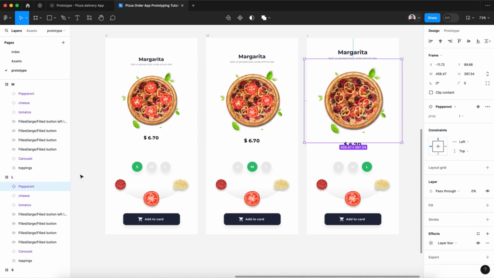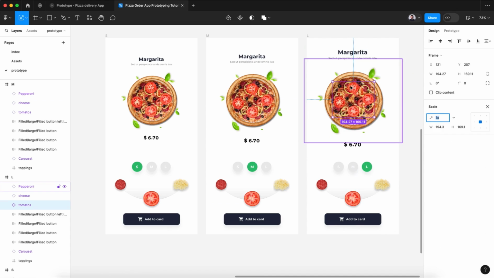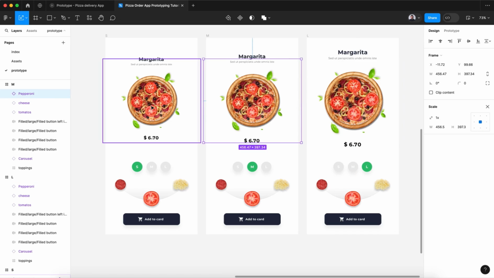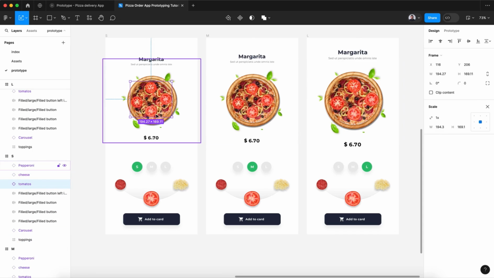Let's go and do that for the last screen. And you can resize, hit the K key and resize the topping for each pizza, so we'll have realistic effect. All right,